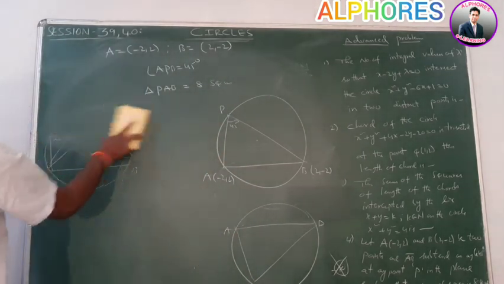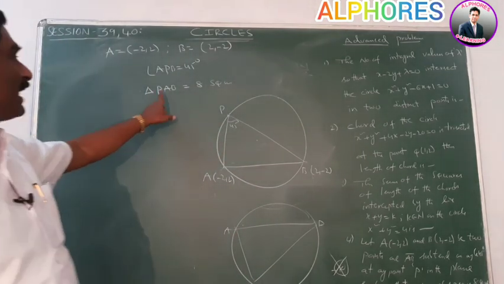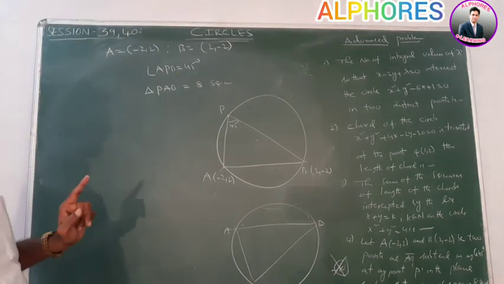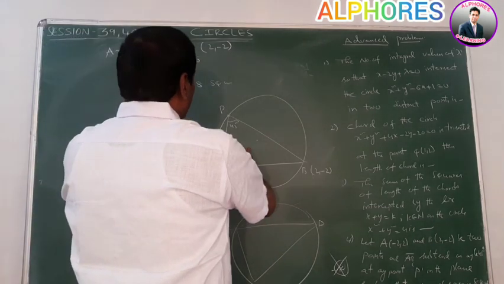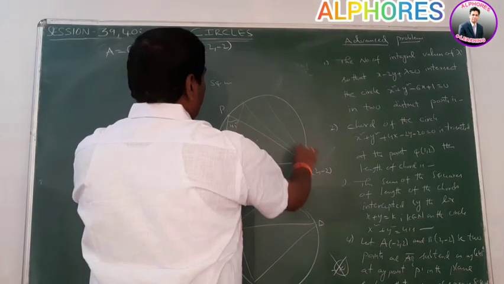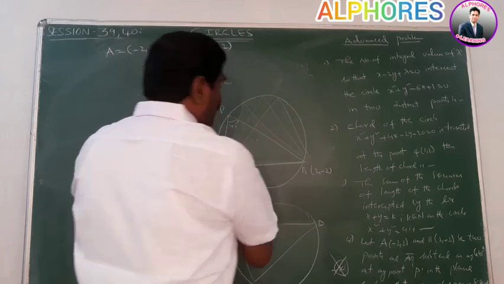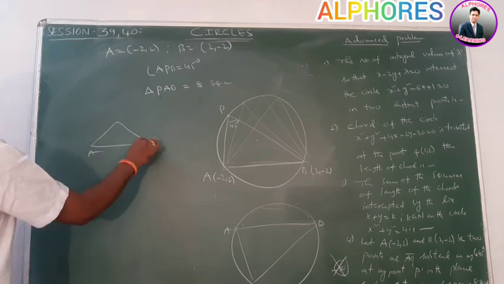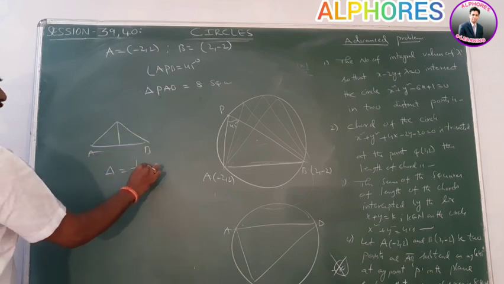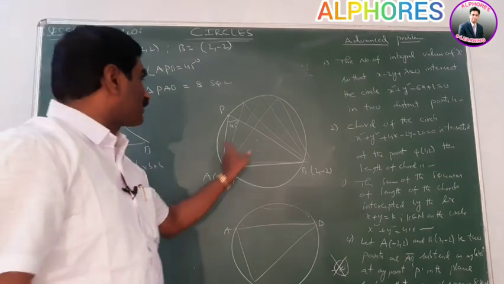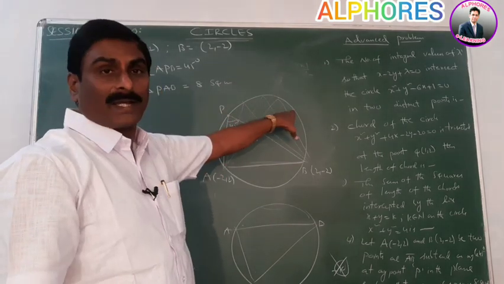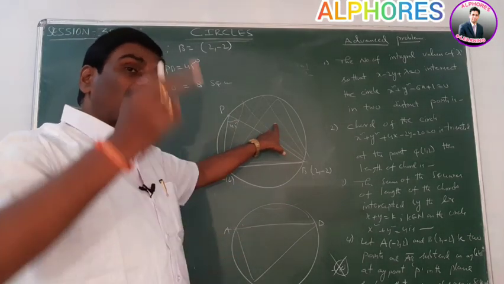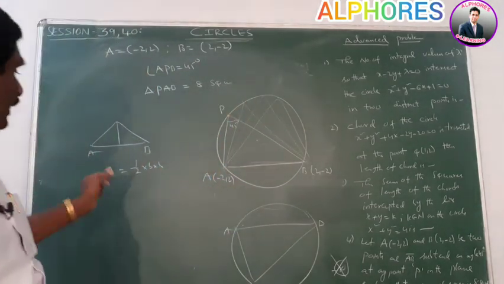Now, the area of triangle PAB is equal to 8 square units. Now find the number of possible positions of P. Please observe this point. The angle in this segment is always 45 degrees at any point. Here AB is constant. The area of any triangle is half into base into height. Suppose AB is the base and this is the height. Here the base is always constant for triangle APB, while P is a variable point. For any point P, the base is the same, but the height changes.